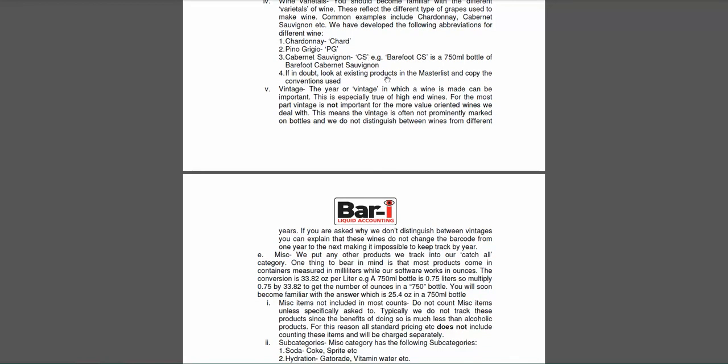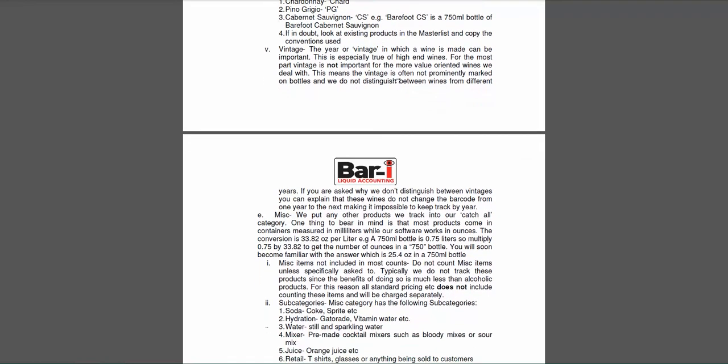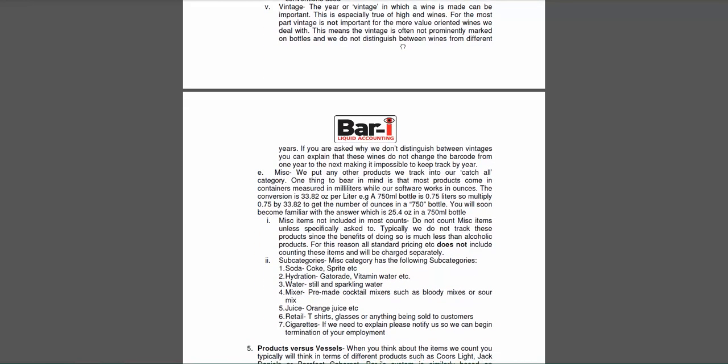If in doubt, go ahead and just scan the existing products in the master list, and you'll see the conventions used there. You've got to follow the lead of the existing master list, so we don't have three different names used for Cabernet. So we don't have CS, Cabernet Sauvignon, Cab. We just use CS. So the vintage of the year is a fancy word used to refer to the year